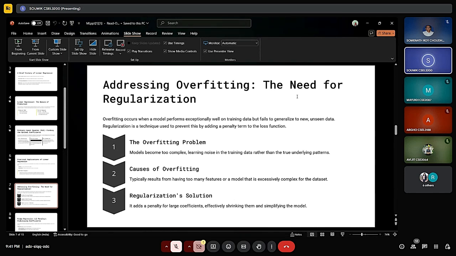Overfitting and regularization. Overfitting happens when a model learns noise from the training data and fails to generalize to new data. This often occurs with too many features or overly complex models. Regularization helps by penalizing large coefficients, simplifying the model and improving generalization. Next,